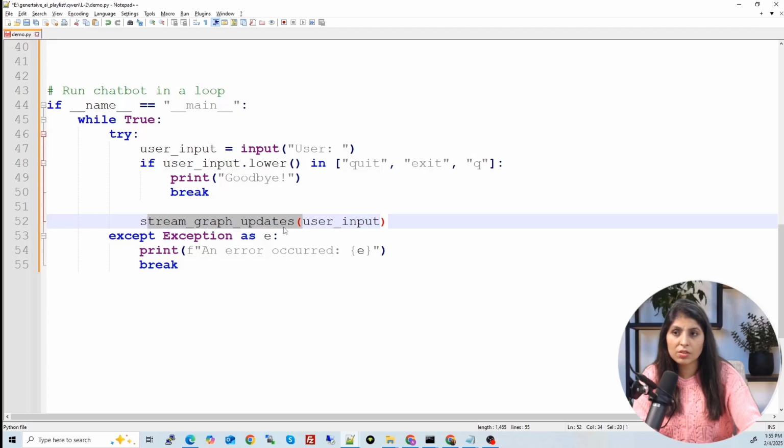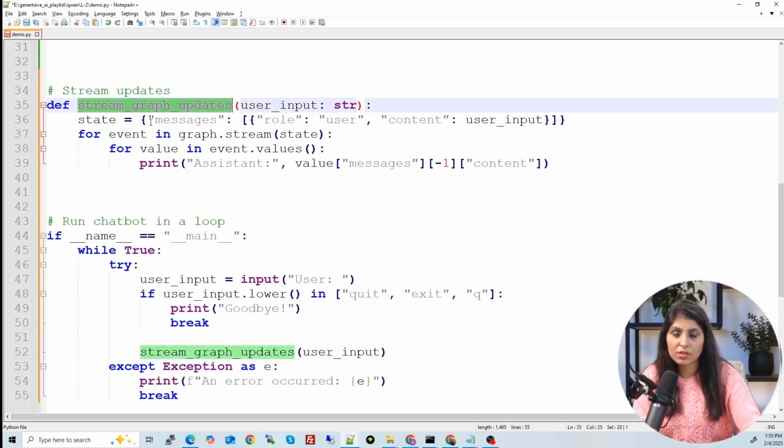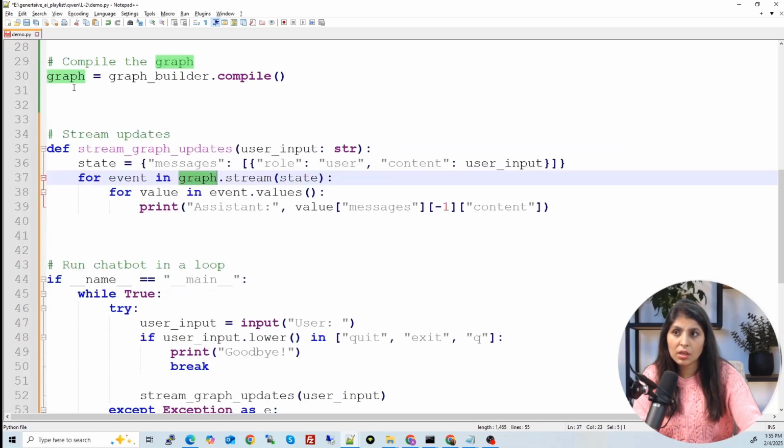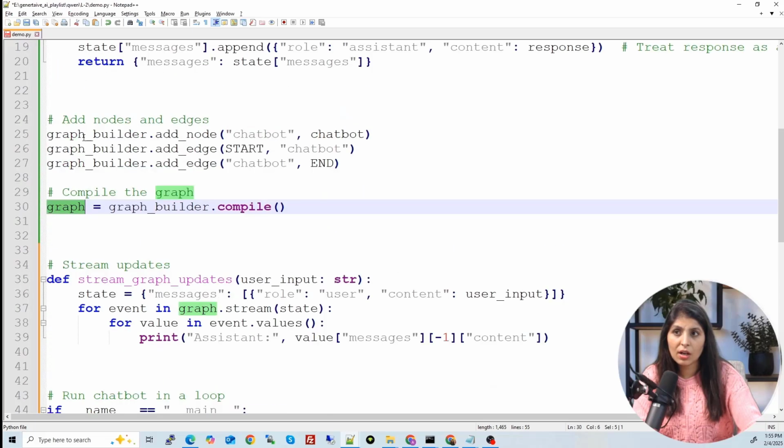Now let's see what this function is. So here is the function. See, whatever user types is the parameter to this function. Whatever user types is getting stored in the memory. Then that memory is the parameter for this graph. What we have in the graph?